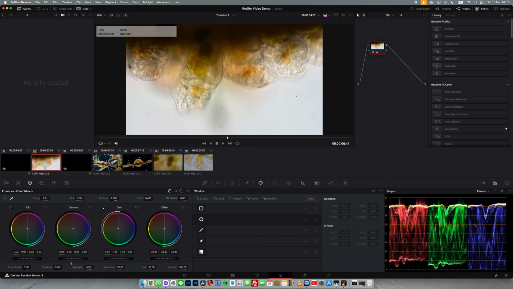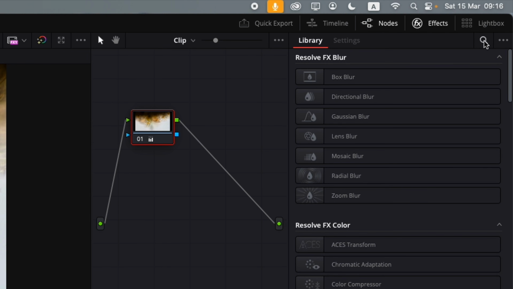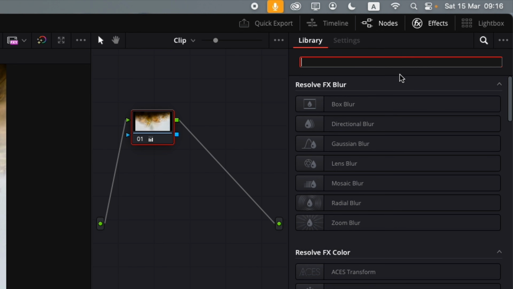Another thing I like to do is I pull the midtones down a little bit. This helps create just a little bit of additional contrast. You can see I'm starting to get a little more definition between the lights and the darks, and I find that that helps. However, if I go up to the settings library in the top right and I use the search feature,